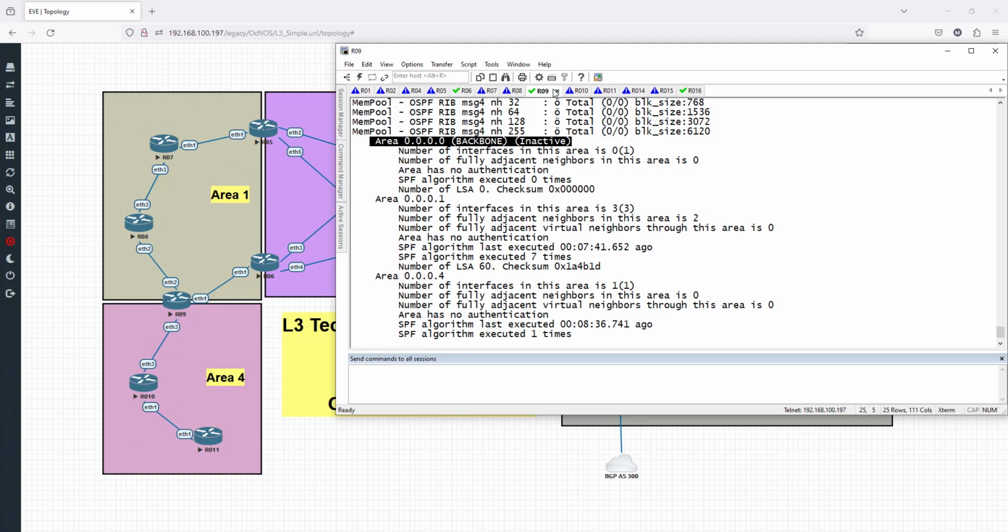We are on router 9 for now, and it says that this is inactive. Number of interfaces in this area is 0 out of 1. This means that one interface is configured, but it isn't working right now. But here, for example, you can see that there are 3 interfaces, and all 3 have been configured correctly and are working. 2 of them are the interfaces Ethernet 2 and 3, and one of them is going to be the loopback interface. I'm going to show it to you in a second, and there is one interface on area 4